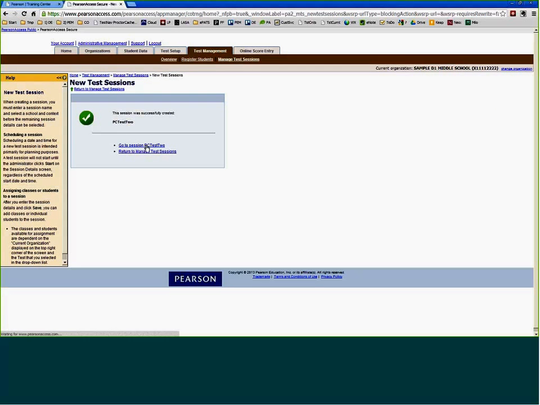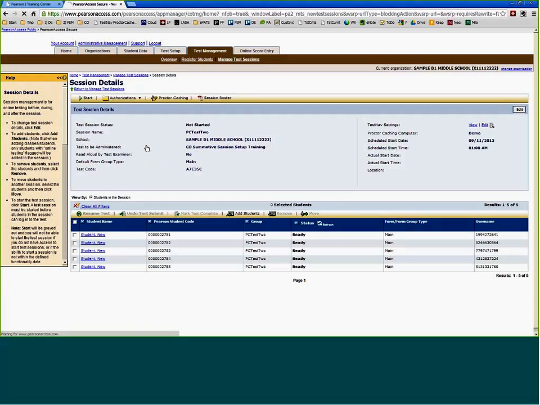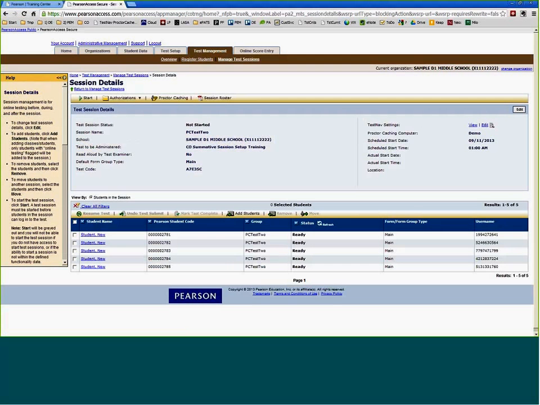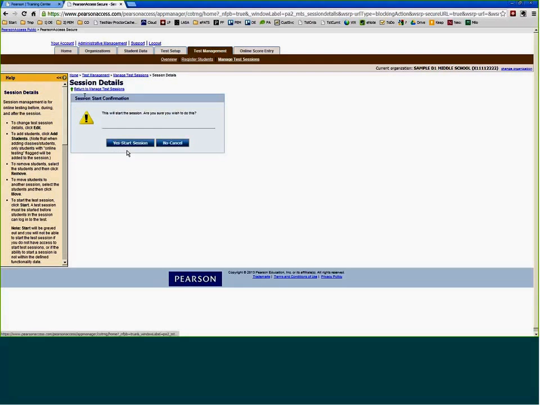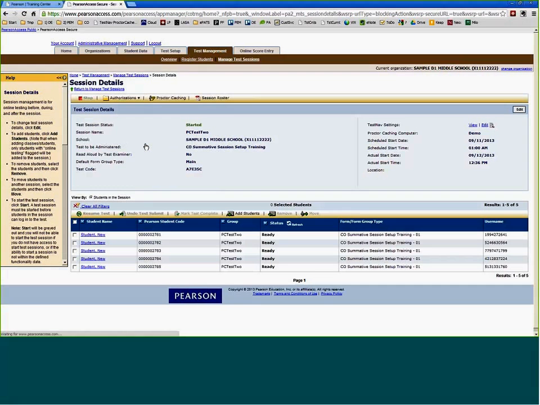We've created the session. We'll go inside the session. And then we can start the session, which makes it available for testing. Okay, so you can see that we're in the session. It's been started. You can see that